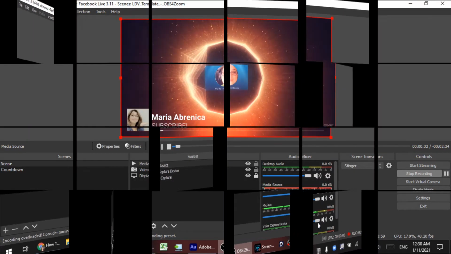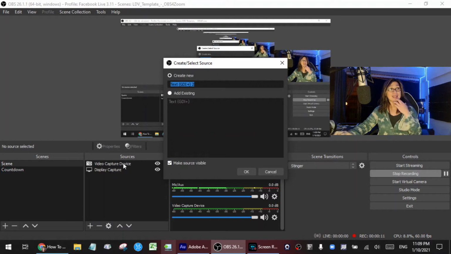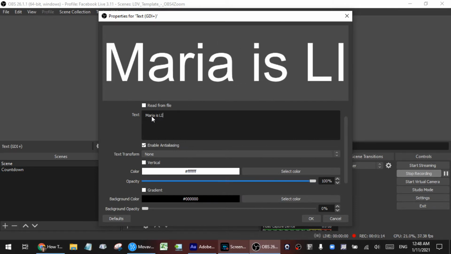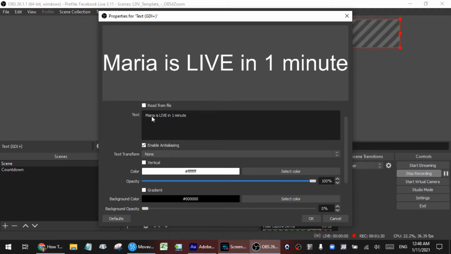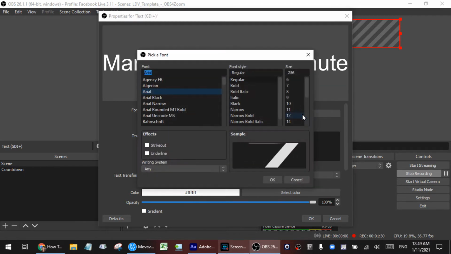So that's my background. All right, so now guys, what we're going to do next is put a text on top of the background. So to do that, go to your sources and click this plus sign and click text, and then click OK. So now we're on this window. Inside this box, we're going to type something like Maria is live in 1 minute, right? And then after that, we go to select font. So it's up to you guys, what font do you prefer? So I prefer